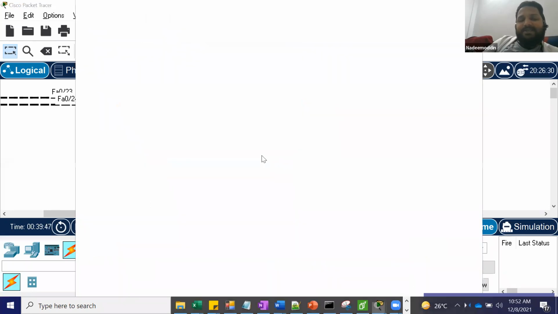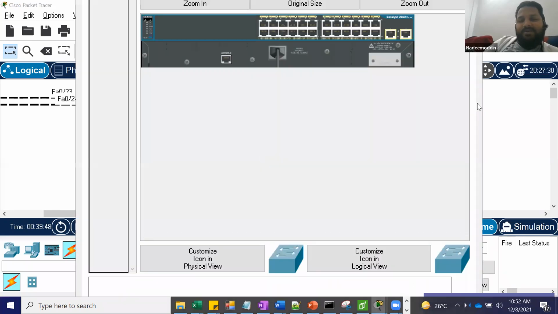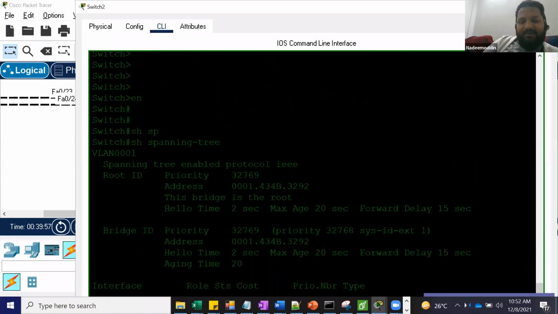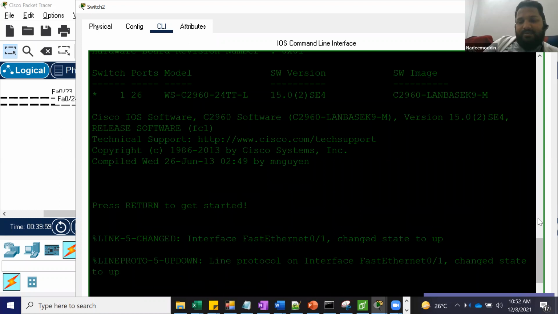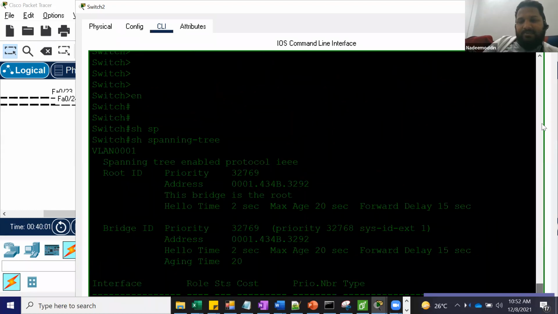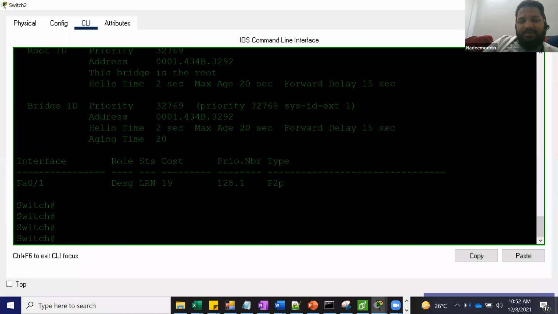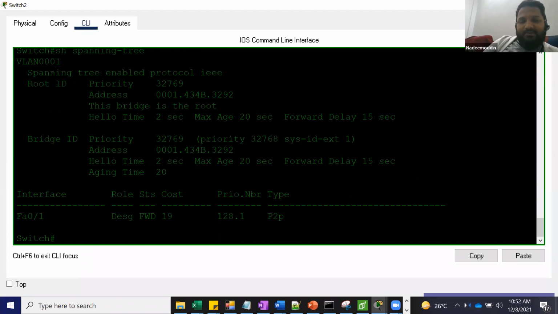If you want to see the current state, go to the CLI and check show spanning tree. And if you go down, can you see learning? Okay, now it became forwarding.